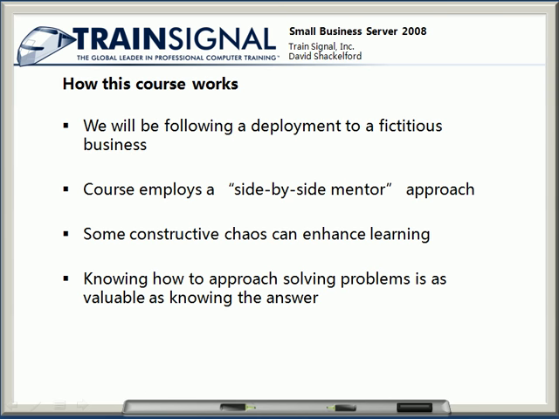Now, how this course actually works: we're setting up a fictitious business, and we're going to be following the deployment of our servers for that business through the whole course. Some of the videos will incorporate meetings with the business's management, looking at what requests they have for how things are set up. So we'll be using information about their business practices to guide us in our setup and